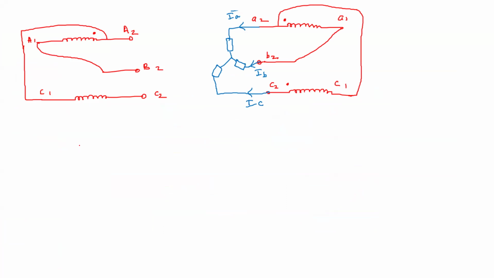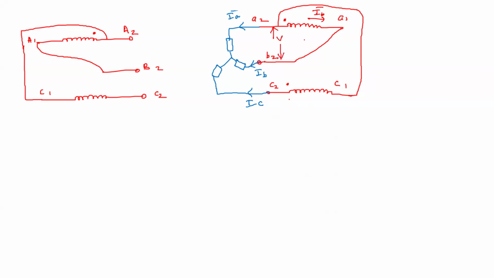First of all, this is IA, IB, IC. Now you see IB is like this. IB is also flowing out like this. Now IC is in this direction. Now, first of all, if we apply the voltage V here,